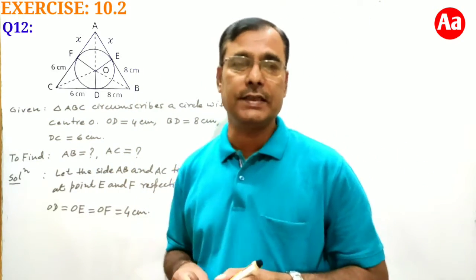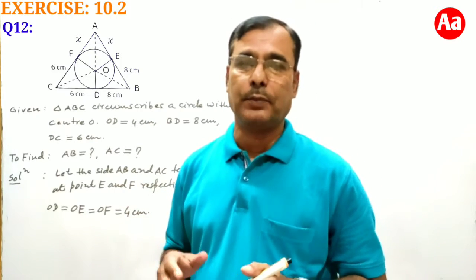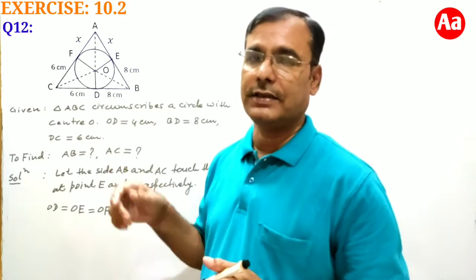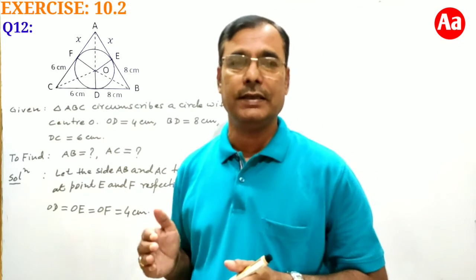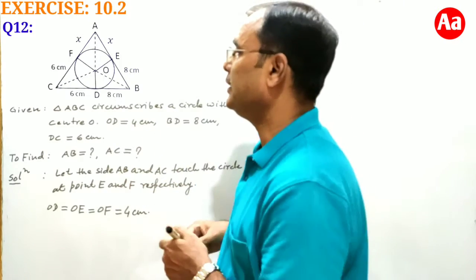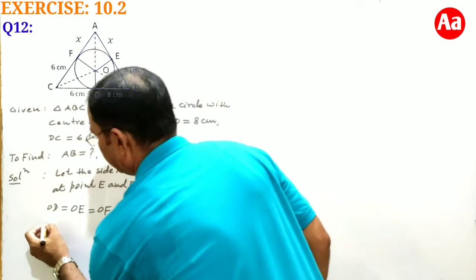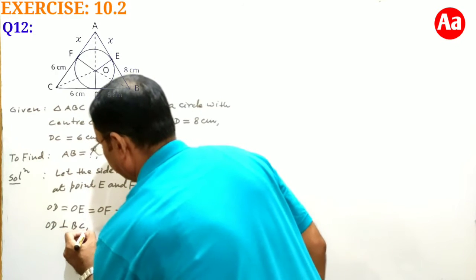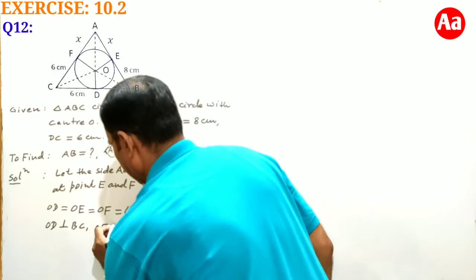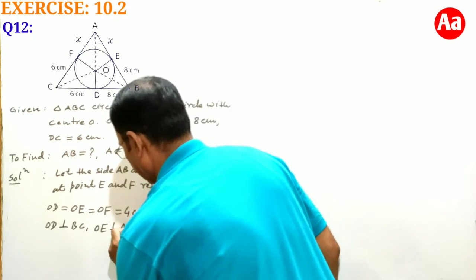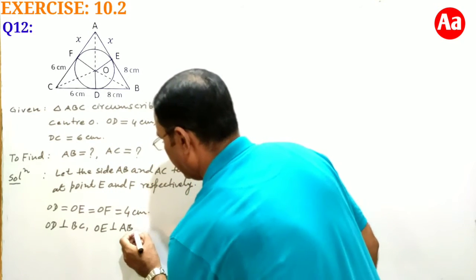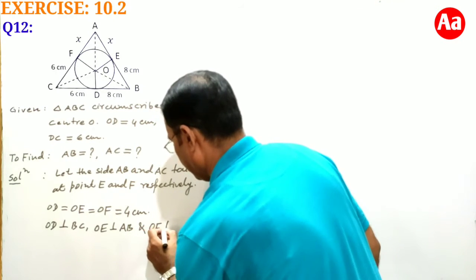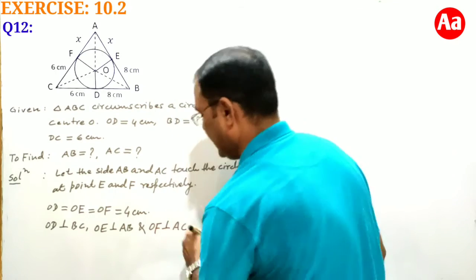Also points D, E and F are points of contact as sides are touching the circle at points D, E and F. So OD is perpendicular to BC, OE is perpendicular to AB and OF is perpendicular to AC